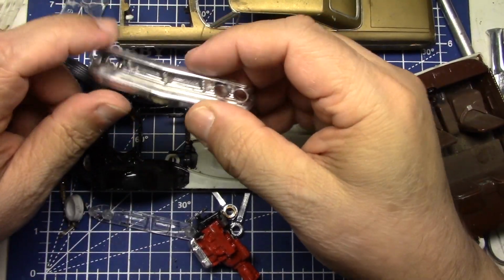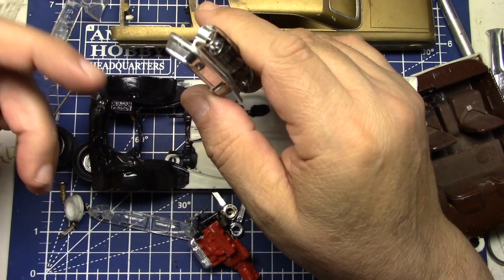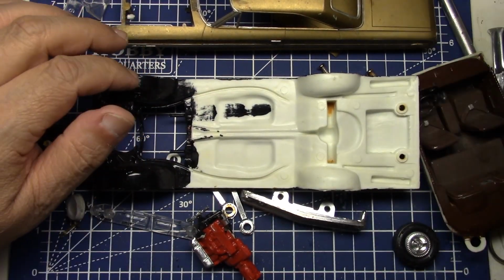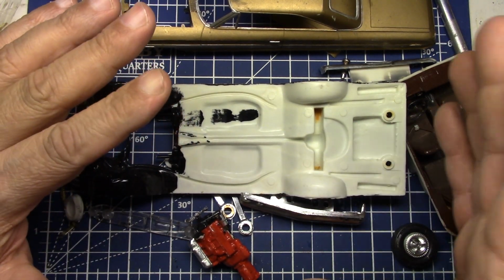The chrome is kind of kiboshed up a bit. You've got parting lines right here. Maybe we'll hide those with some rust streaks or something. I know this, let's see, the rear bumper here. We got everything, but one thing that I did, because I had that one kit in the baggie,